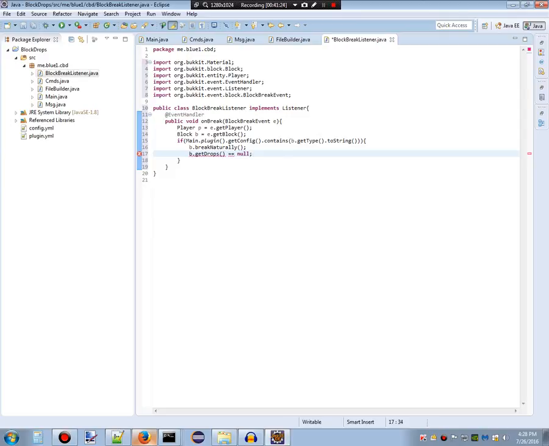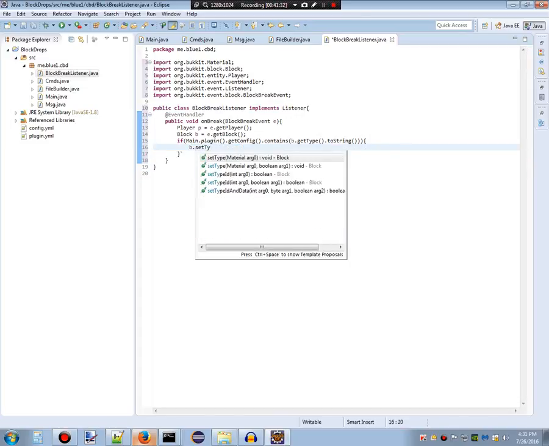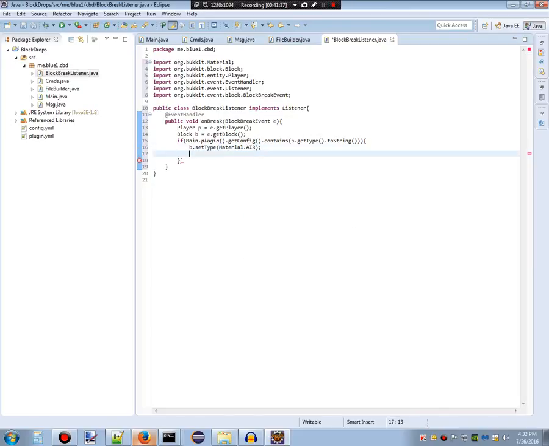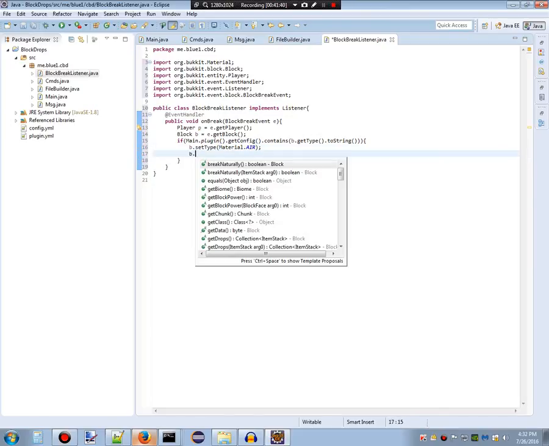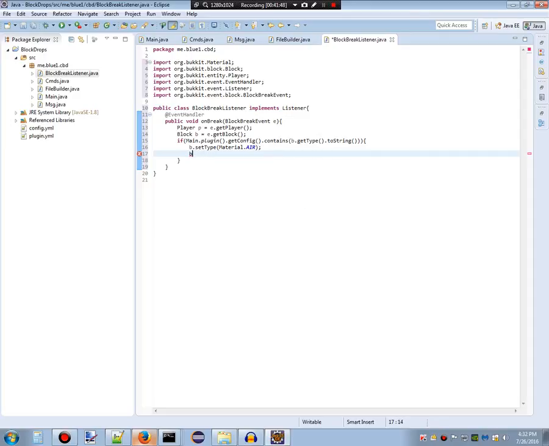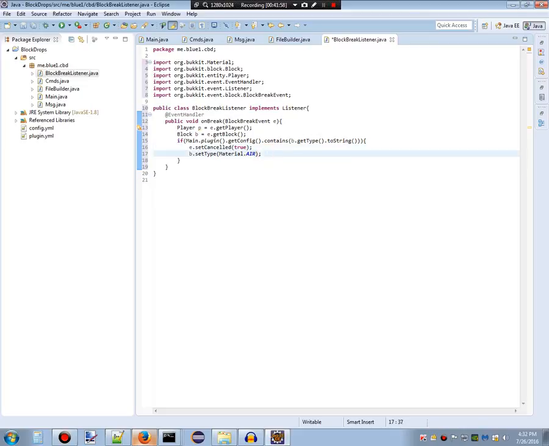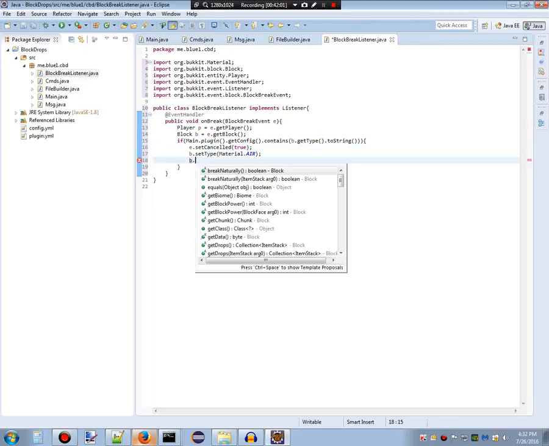I'll be right back. Okay, there doesn't seem to be a way to do this other than the way that we were going to do it. So let's just b dot set type to error. Sorry about this, people, going back and forth. Error, and then we're going to do b dot set canceled actually first. Going to e dot set canceled before we set the type to error. Okay, and then we're going to set the type to error, and then we're going to use b dot get